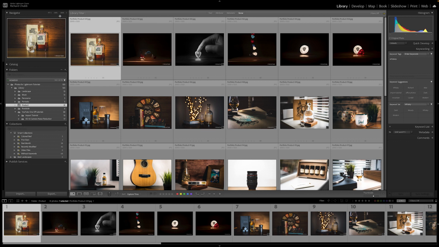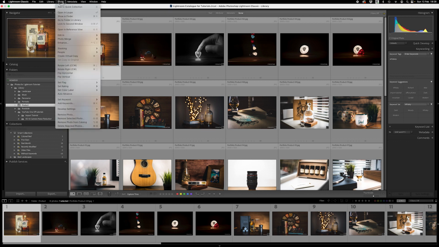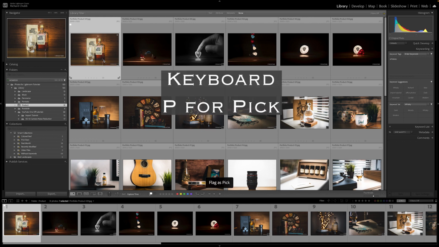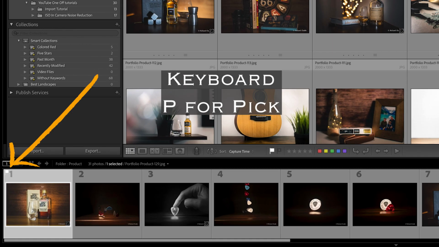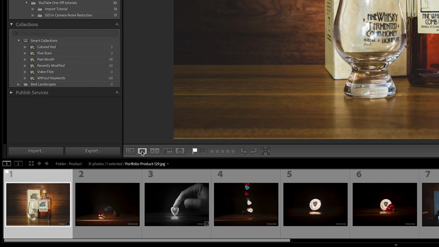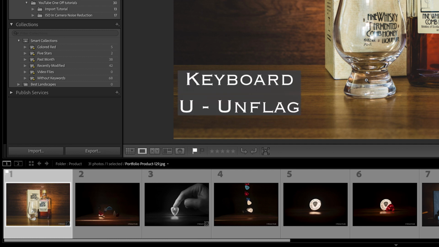You can highlight a photo, you can come up to the drop down menu photo, and you can see where it says set flag, and you can have flagged, unflagged or rejected. I tend to go with the keyboard option, which is P for flagged. You can see that we now have a flag in the top left hand corner of this thumbnail. But I always do this on single photo view, so I'm just going to change the view mode here. So we can see now we have a flag here and a flag just in the bottom left hand corner on the thumbnail here. If I change my mind and I want to remove that flag, I just press U,